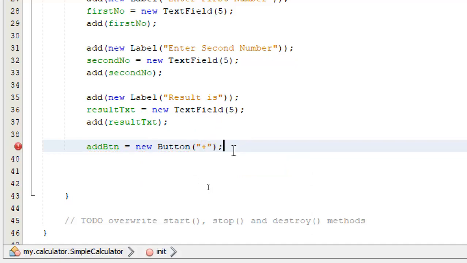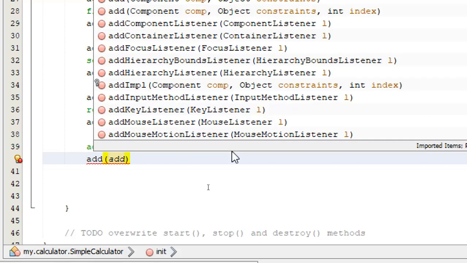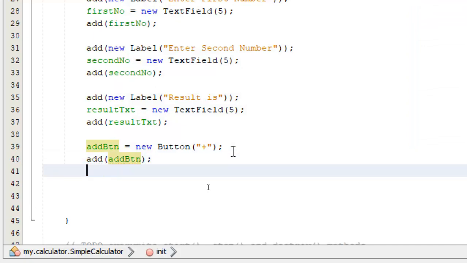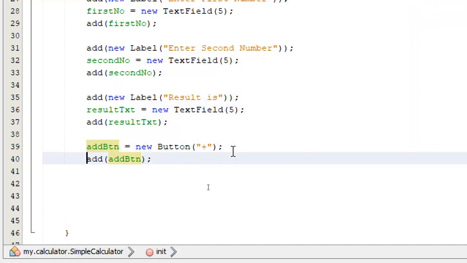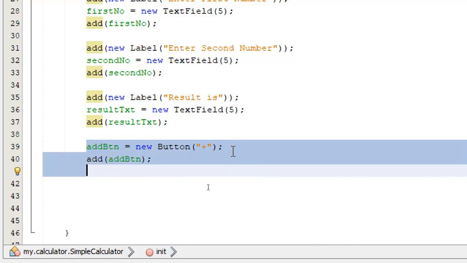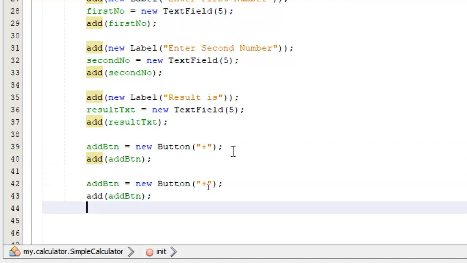So I did this. My instance of button has been created. I'm going to add that button to my applet. This I've done for the add button. The same thing I have to do for my subtract, division and multiplication buttons.